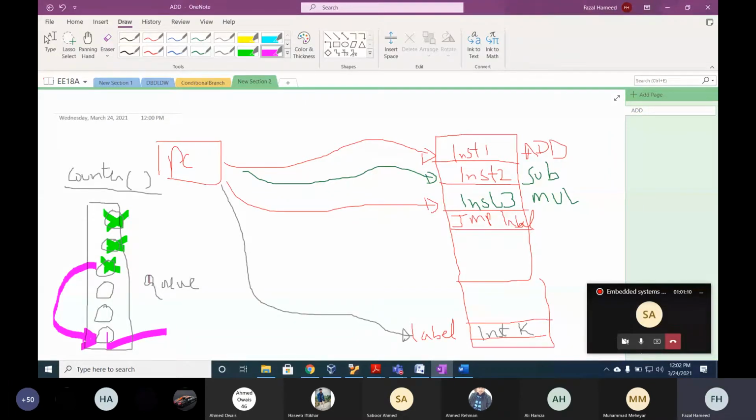Now let's assume that I'm a guy and I'm taking a ticket from this guy, and from this guy, and then I bypass these 2 guys and then I jump to this guy. So I'm the program counter. Typically the program counter executes the instructions in a sequential manner. But when there is a jump, it changes the flow of the program. So it jumps to a later instruction in memory. Very good.